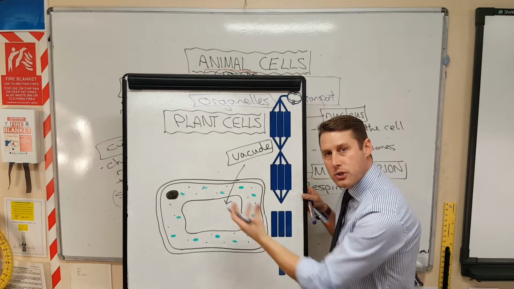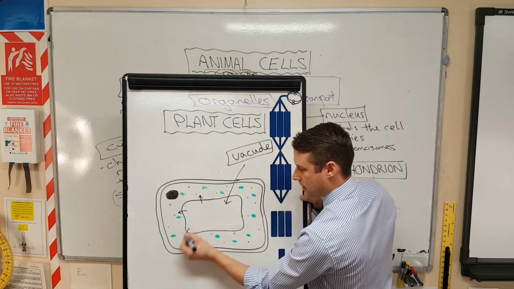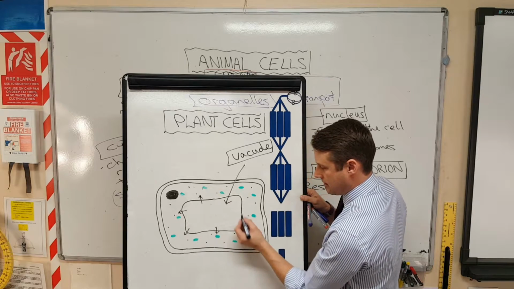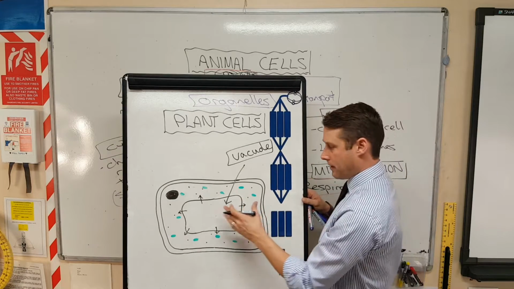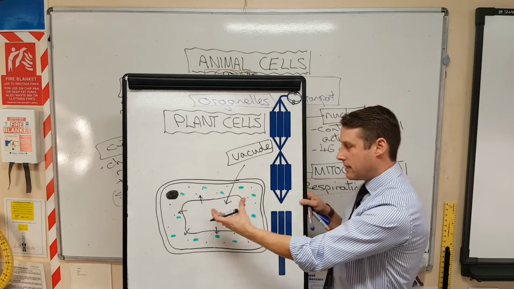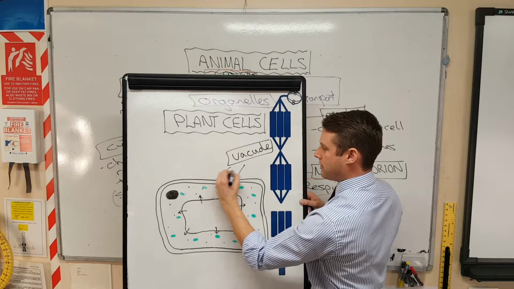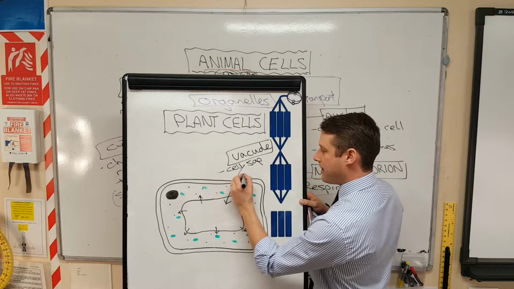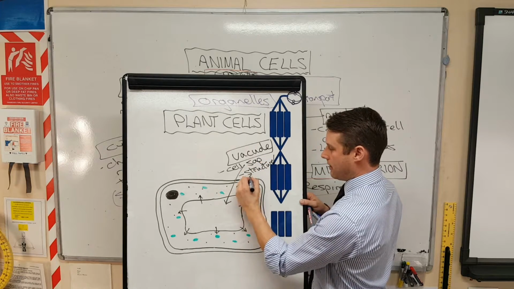And as it fills up with fluids, it's going to create a pressure, what we call osmotic pressure, in the cell. And that word osmotic comes from the word osmosis. So it's all to do with the diffusion of water. As this fills with water, it creates structure, it creates pressure in the cell, which gives the cell support. Okay, so we're going to say this is filled with cell sap, cell fluid, and it provides structure and support